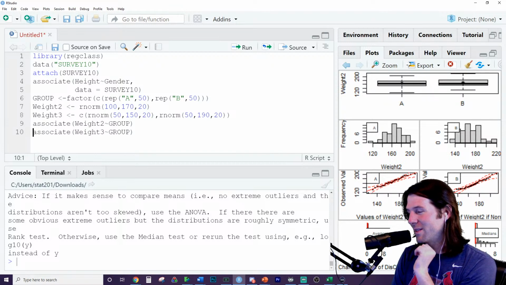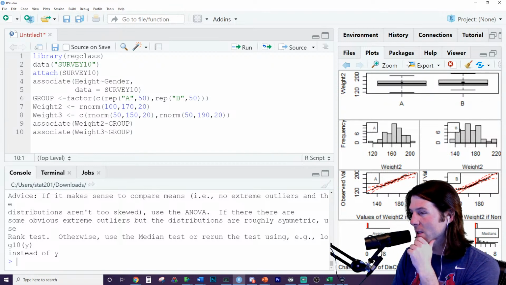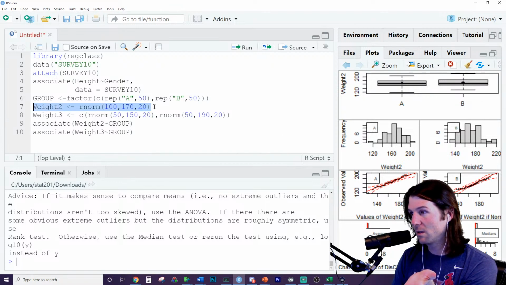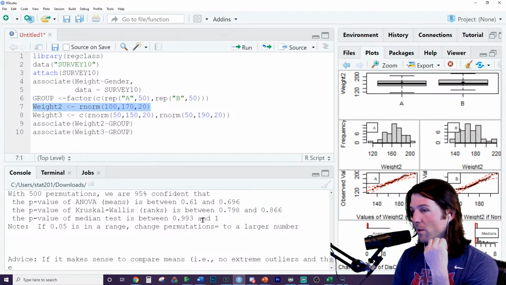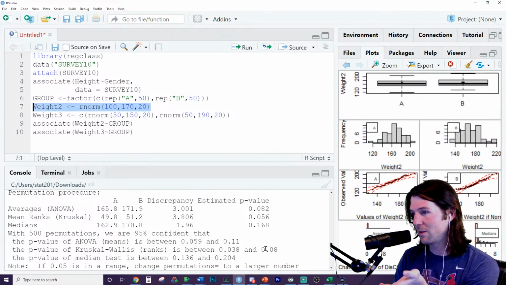The previous one was a little bit off from what I wanted by random chance, which can happen. All these weights are coming from one group right here, because the weights are just random at all times with a mean of 170 and a standard deviation of 20. It'll be a very large p-value. And the previous output had a large-ish p-value.